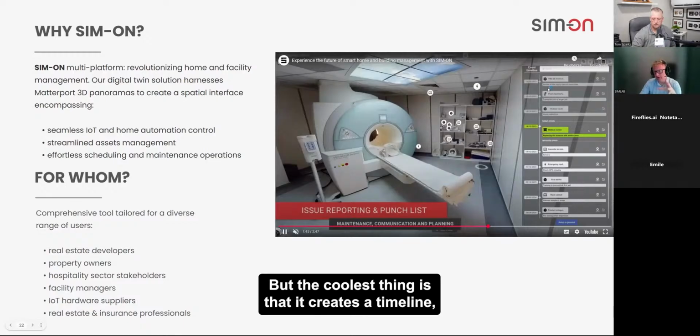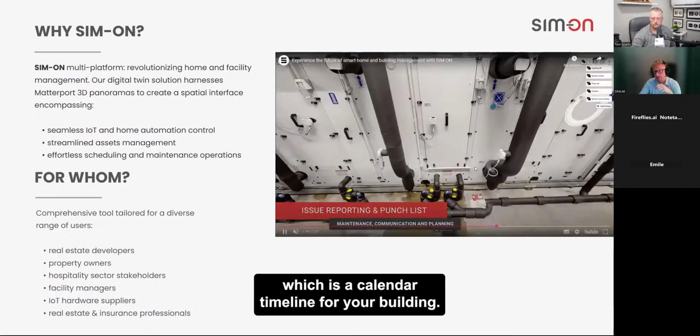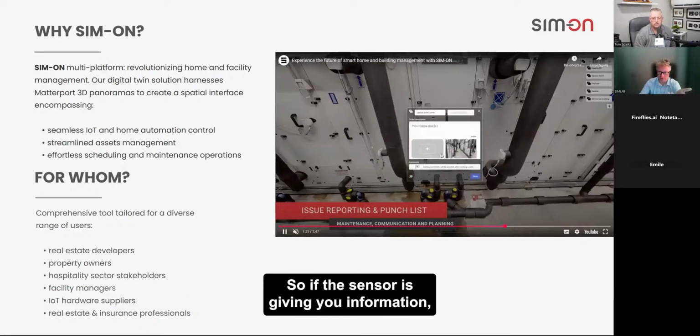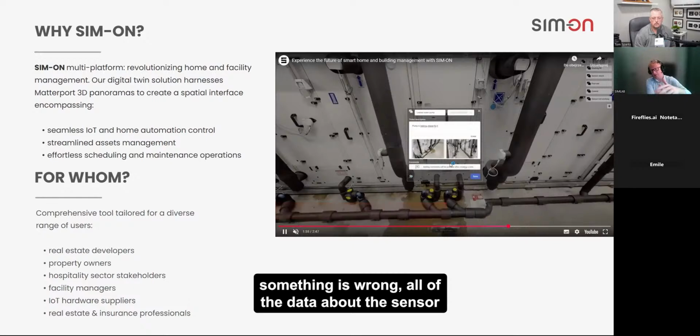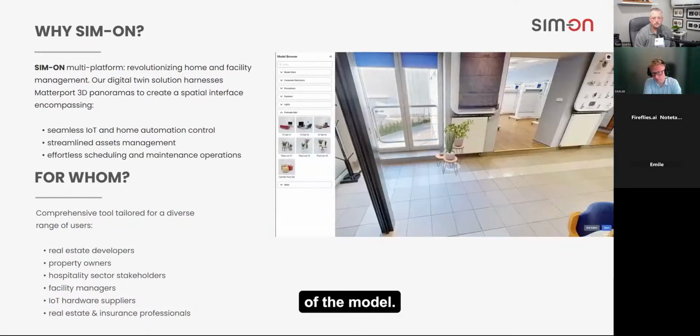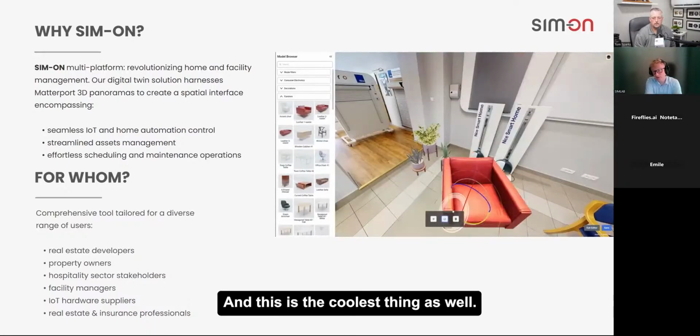But the coolest thing is that it creates a timeline, which is a calendar timeline for your building. And it also reports the sensor. So if the sensor is giving you information that something is wrong, all of the data about that sensor is already connected to the same asset in that space of the model. And this is the coolest thing as well.